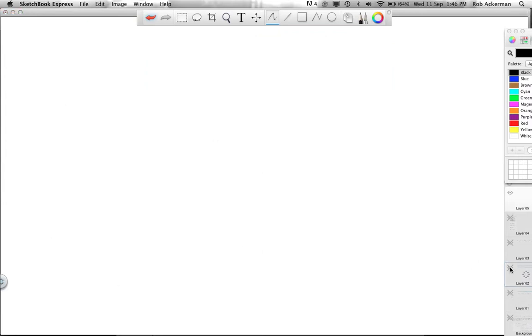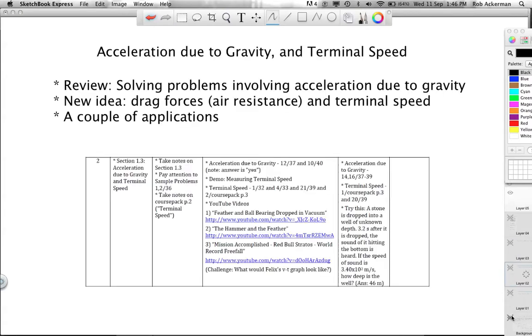All right. Now the next topics, if we just look back at where we started off here, review solving problems involving acceleration due to gravity. That part is now done. There's a new idea called drag forces and air resistance and terminal speed, as well as applications. Now, I'm going to include that in a second video, so there's going to be a part 2 to this,